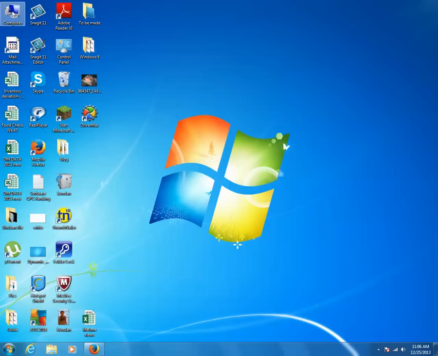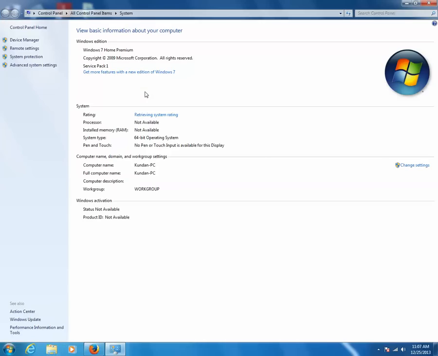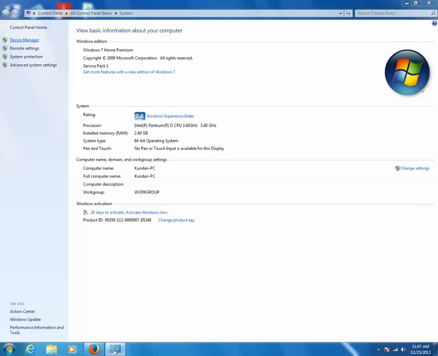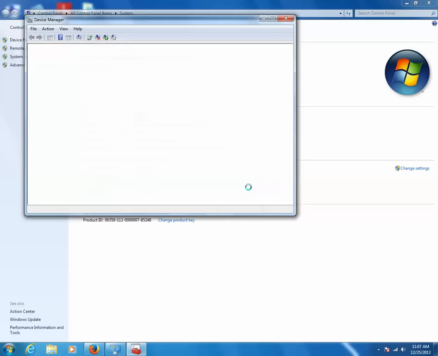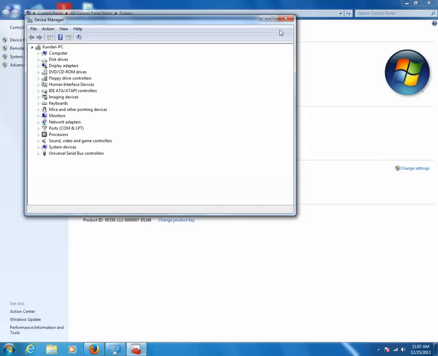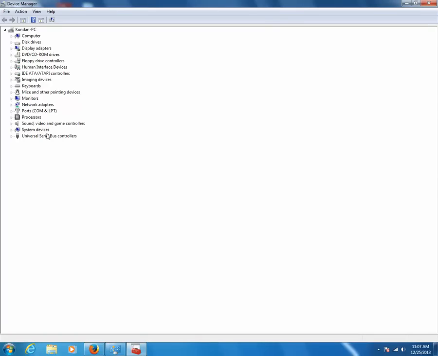Right click on the My Computer icon and click on properties, then click on device manager, click on yes. Okay. Now just expand sound, video and game controllers.